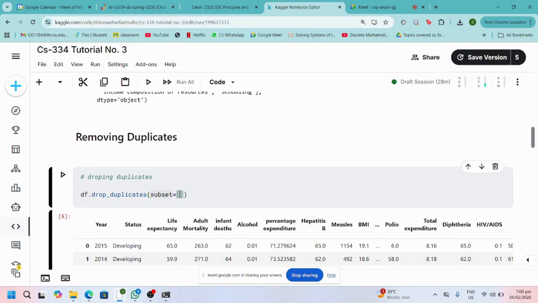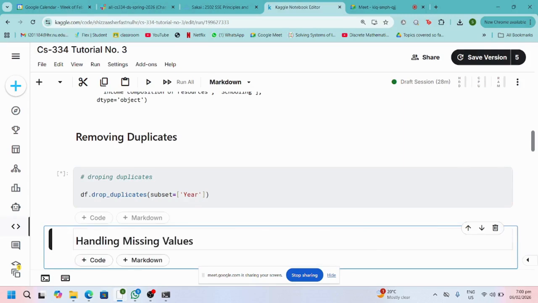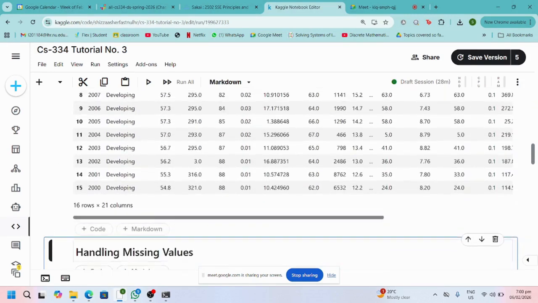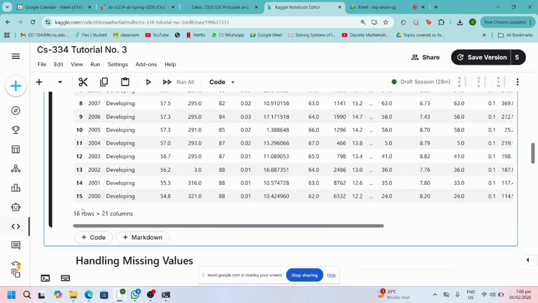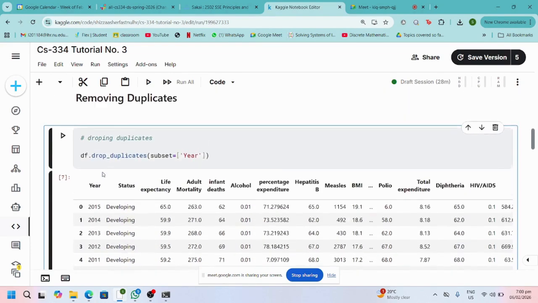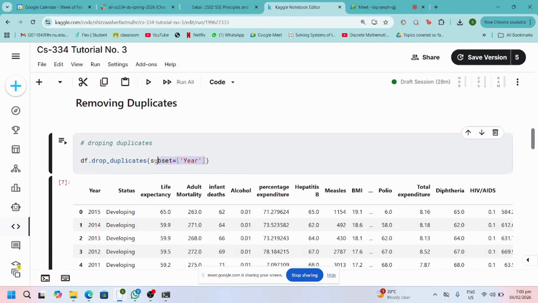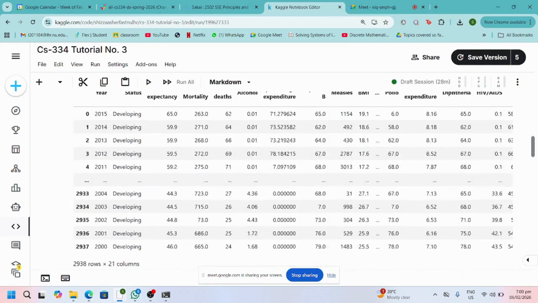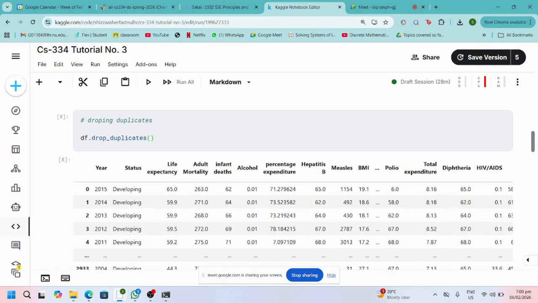But to show you how this works, अगर मैं subset में year specify कर दूं, तो फिर आई एम ओनली लेफ्ट विद 16 रोज। इसका मतलब है सिर्फ 16 यूनिक ईयर की एंट्रीज एग्जिस्ट करती थी। So I'm going to go back and reverse. मेरा ओरिजिनल डेटा फ्रेम मॉडिफाई नहीं हुआ बिकॉज मैंने रिजल्ट को कहीं पे रिसीव नहीं किया। इसके लिए you have another command, I will show you again as well. It's called inplace. अगर आप inplace equals True सेट कर दें तो वो ओरिजिनल डेटा फ्रेम को मॉडिफाई कर देता है।